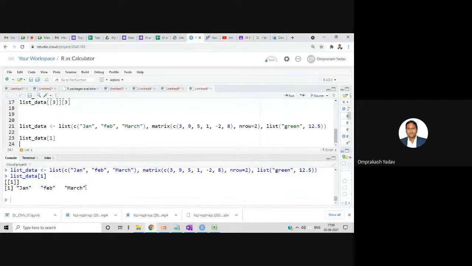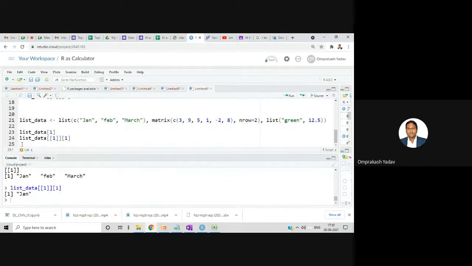Now in this vector itself, we are having 3 elements, right? So if we want to access, just now I told you how to access. Let's try to access all those 3 values. So list data. So we'll have to write in double bracket. Okay, this one, that is of first, which value you want. So let's say I want the first value, that is Jan.